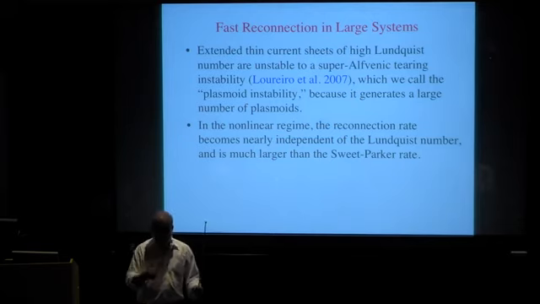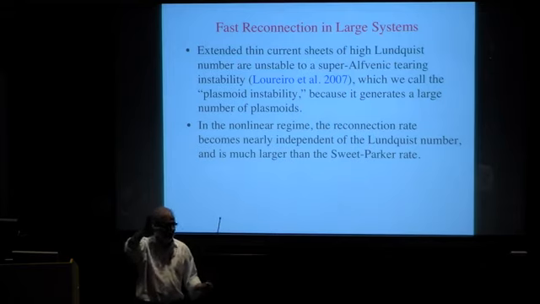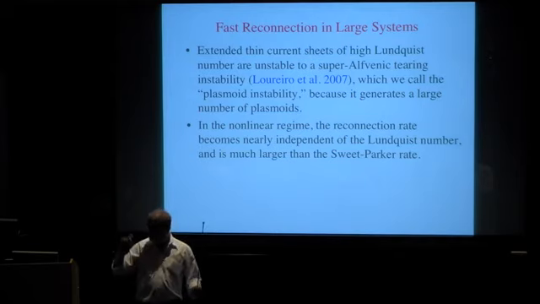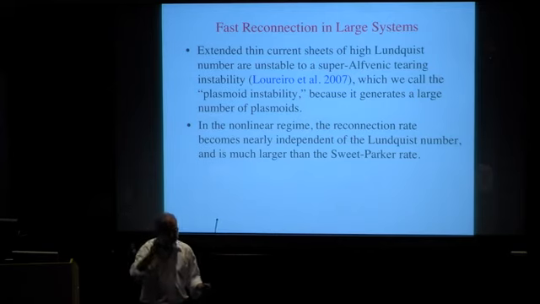But then when I went back home, 2 days later, I knew he was right, because I went back to the Furth-Killeen-Rosenbluth dispersion equation, which I knew very well. And I realized that Furth, Killeen, and Rosenbluth always analyzed a Harris sheet whose width was a, some sort of fixed size. What Nuno was doing was to look at the stability of the Sweet-Parker current sheet, whose width depends on the Lundquist number, because the width goes like 1 over S to the half.